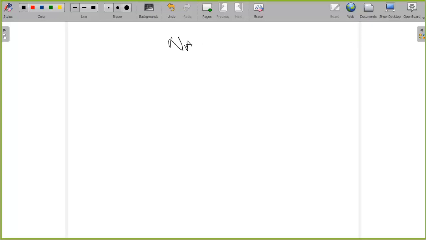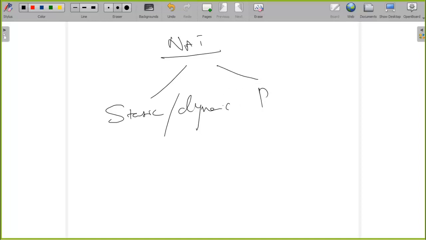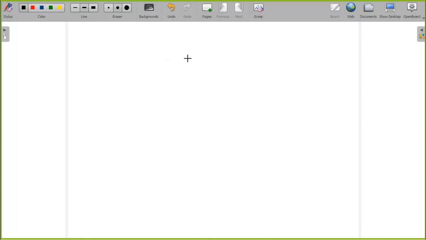So when you take NAT, NAT is of different types. We have static NAT, dynamic NAT, and there is also one more peculiar type called SPAC. So these are different types of NAT, and let me tell you how to differentiate between all these different types of NATs.